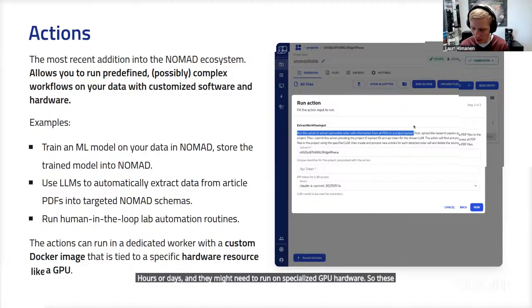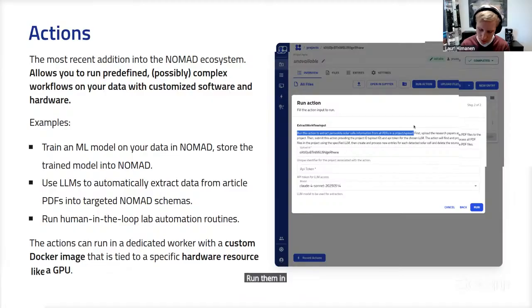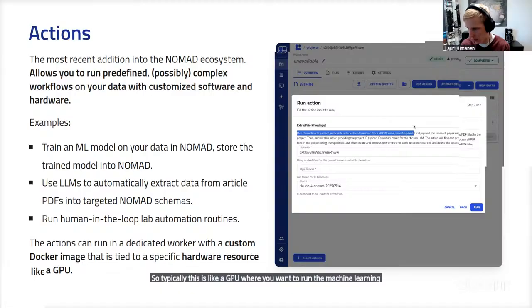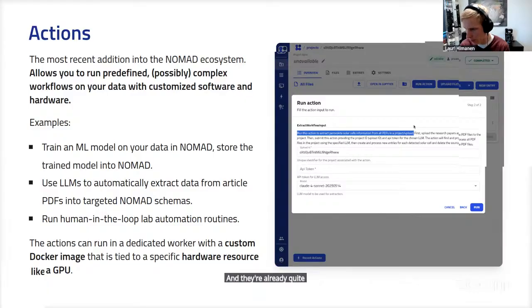So these actions really allow you to run them with a very specific software image and on specific hardware that you have. So typically this is like a GPU where you want to run machine learning inference or training. I think this is a pretty exciting addition that we have already included in the NOMAD system. Now we are building different use cases for this, and there are already quite a lot of examples of this in our plugins that we develop at FAIRmat.